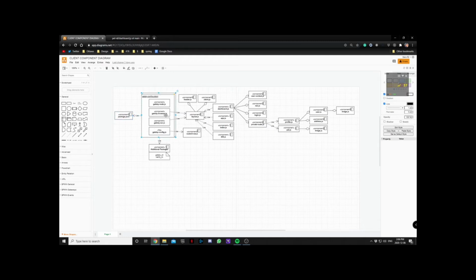These configuration files, the browser and the server-side render configurations, are dependent on the layout component. The layout component is pretty critical for our application because it gives the document object model structure for our application. And as you see, all of our components use the layout